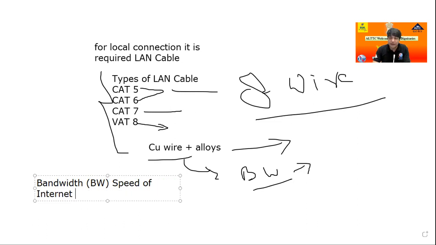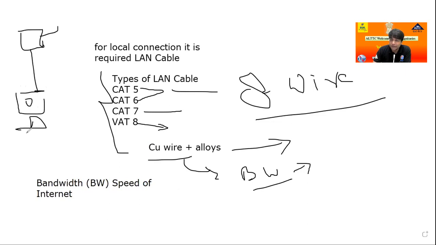Suppose at home I have one Wi-Fi router and I put internet into your computer through this cable. Suppose you have an internet speed of 100 Mbps at your home, but you use a Cat 5 cable.